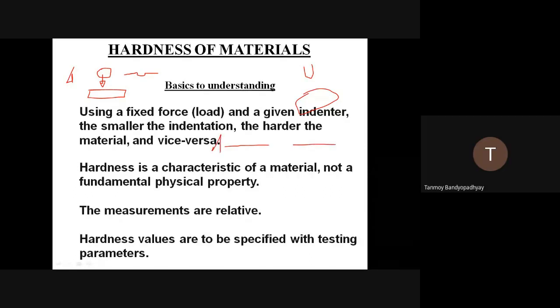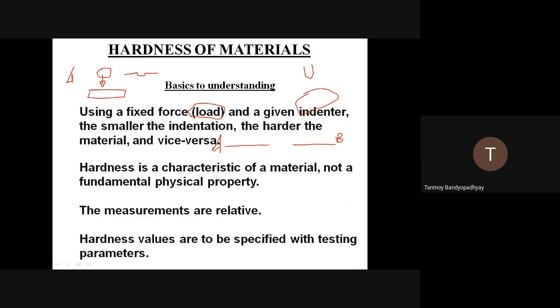Suppose I am taking specimen A and specimen B. If I want to standardize the testing procedure, I have to keep certain things constant. The two things that I am keeping constant are, number one, the load. So the load is fixed. Suppose the load is 100 kg force, 50 kg force, whatever, based on the hardness tests that we will be doing. We will be fixing the load value. This load value is constant, and the second is the indenter type. I can indent this specimen using a conical indenter, spherical indenter, or any other indenter type, but that is fixed.